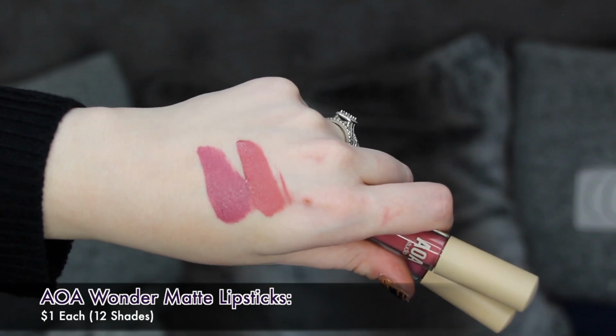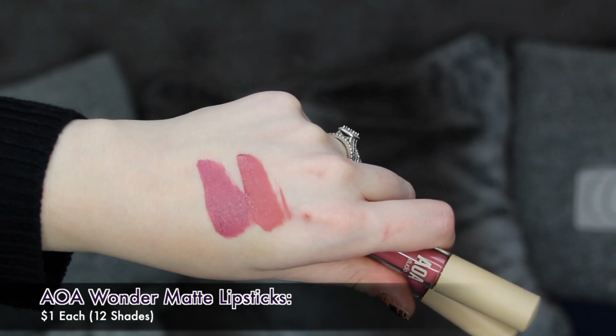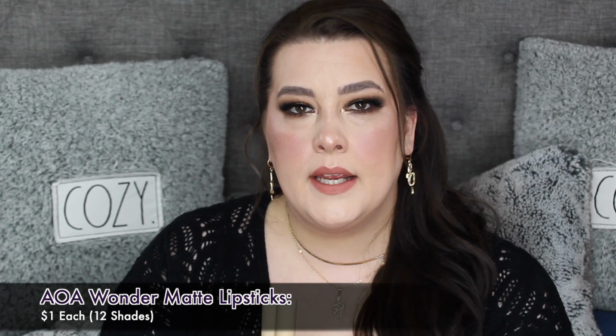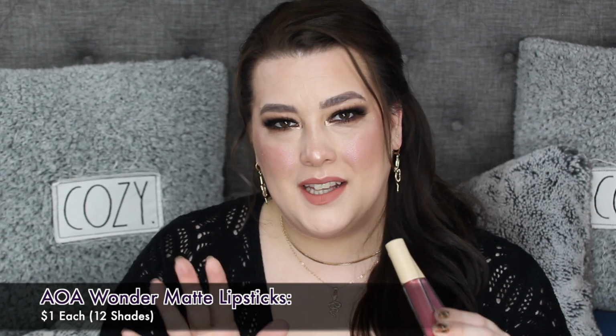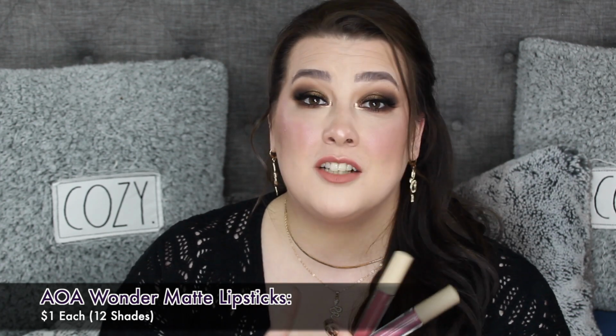I forgot to try these out, honestly. They got lost in the shuffle, and I've been trying them out since last week. I've been using them. They are drying, but every liquid lipstick is drying. These are opaque. They're not as drying as, say,